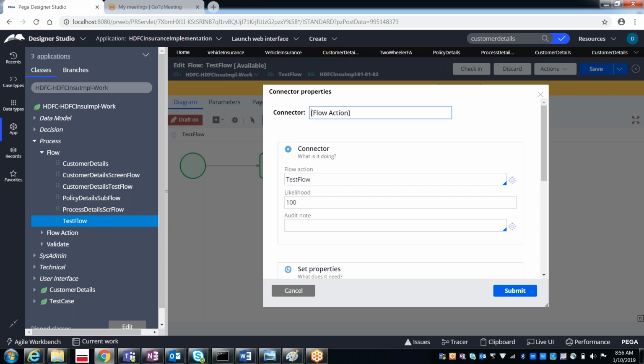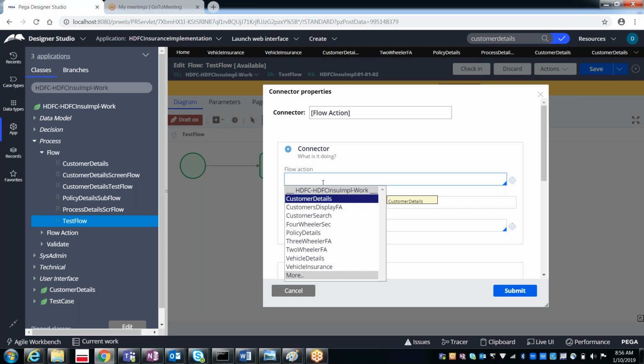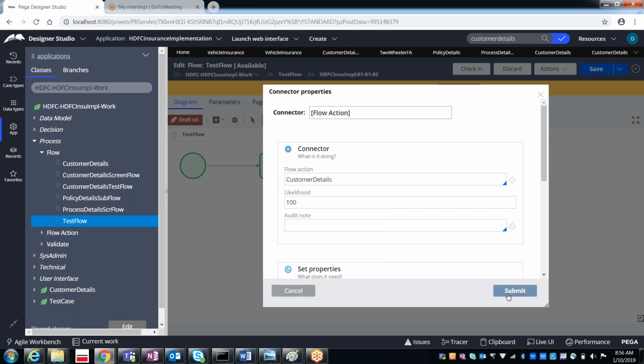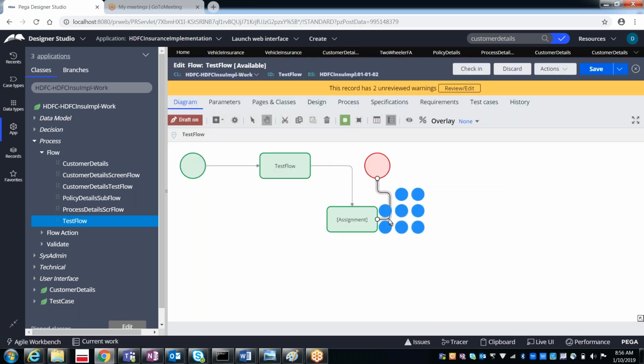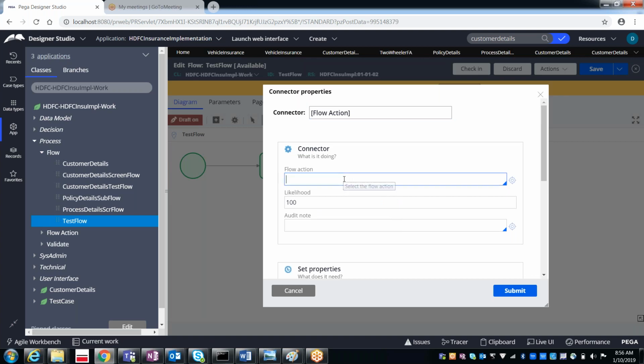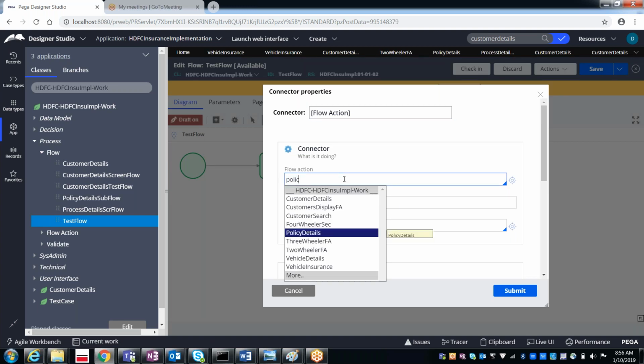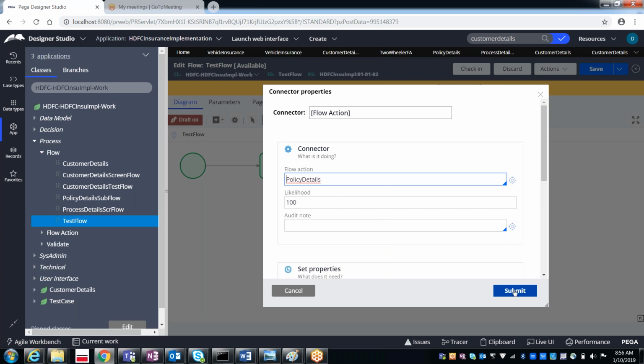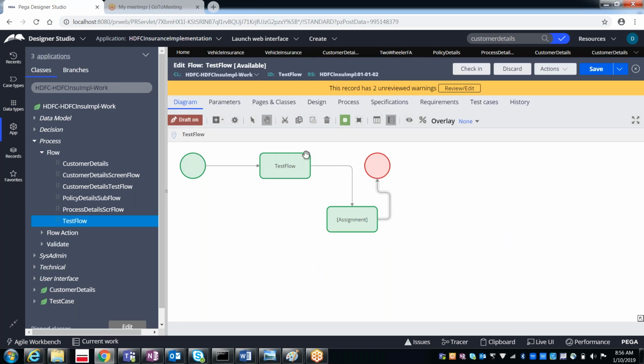So this is not the screen flow. Here we can refer to the flow actions at the connector level. So customer details is something like this, and then policy details. And if you want, you can have one more.